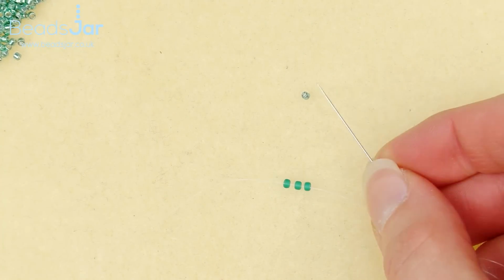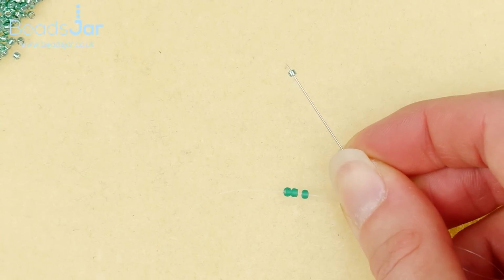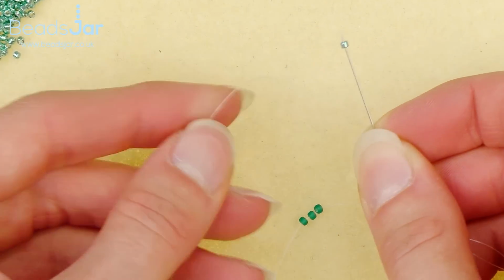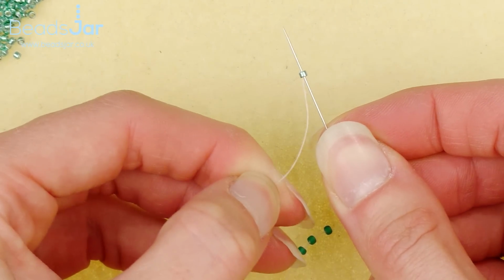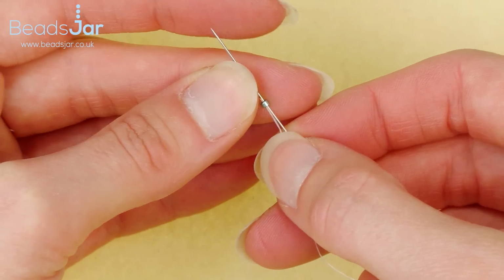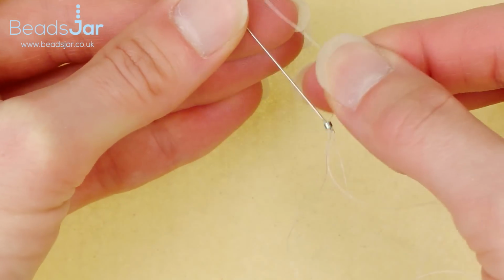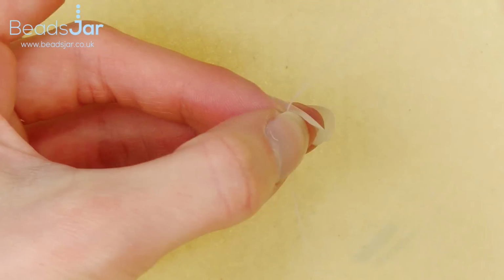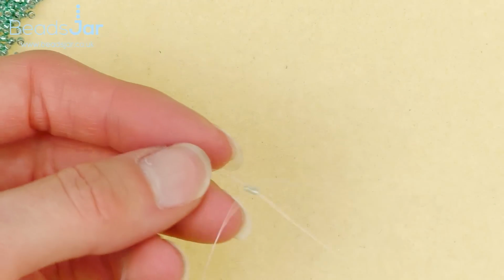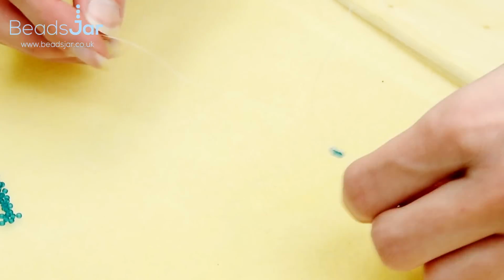the size 11 Delicas and I'm going to go through with the needle, and I'm also going to grab the tail end and go up through the same Delica. You can do this with or without the beading needle, it's completely up to you, whichever's easiest. So I've got both through and I'm just going to take that all the way down, and I just want to make sure at this point I've still got the tail end that's 15